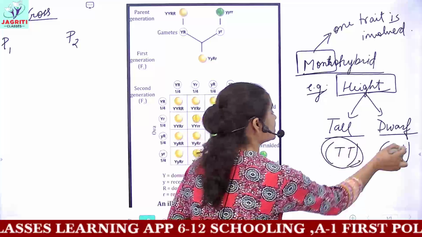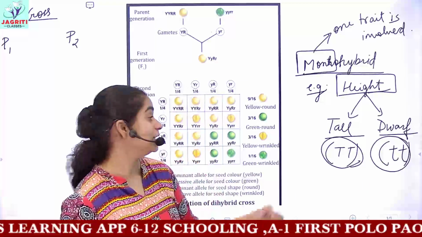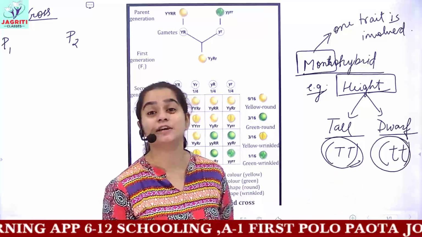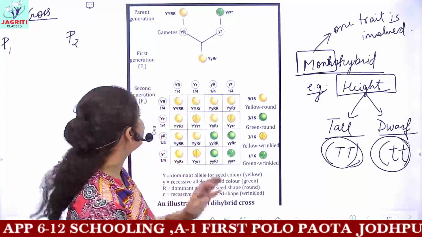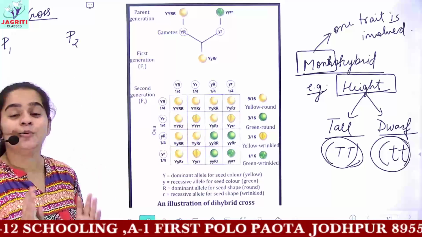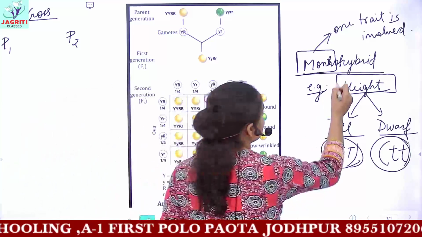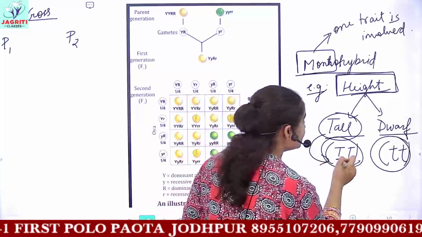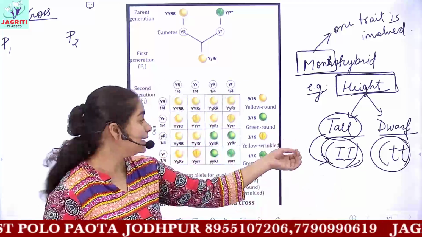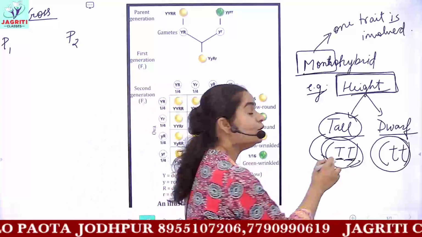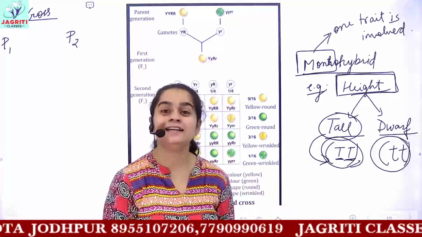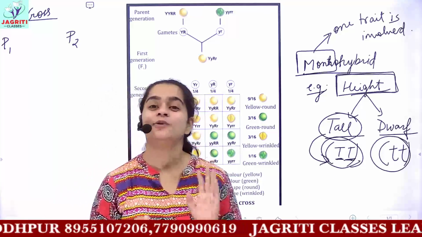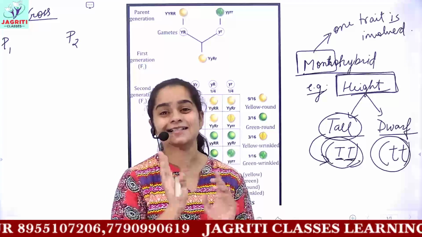We already discussed why the genotypes of the parent plants are always homozygous. So usually the parents are homozygous. Homozygous means the gene, that is the gene for the tall, would have the two alleles the same. Whenever the parent has the same kind of alleles... what do you mean by the term alleles? Alleles are different forms of a gene. Every gene contains two alleles.